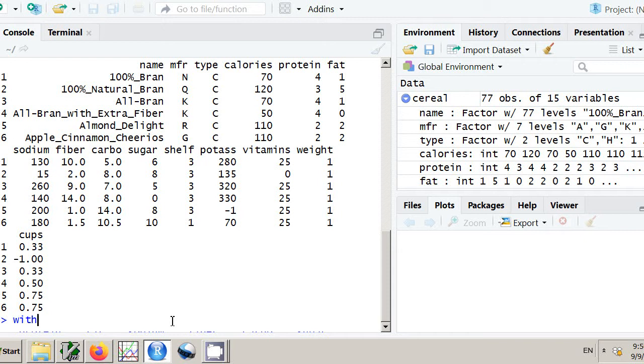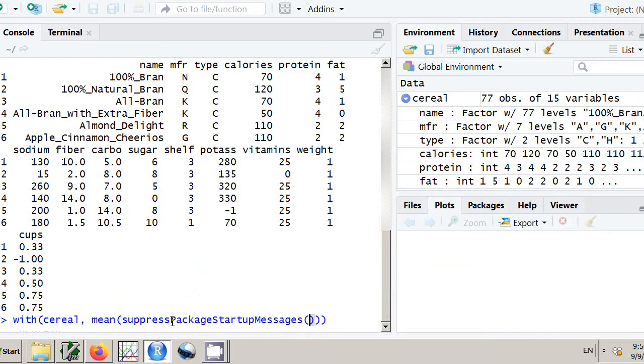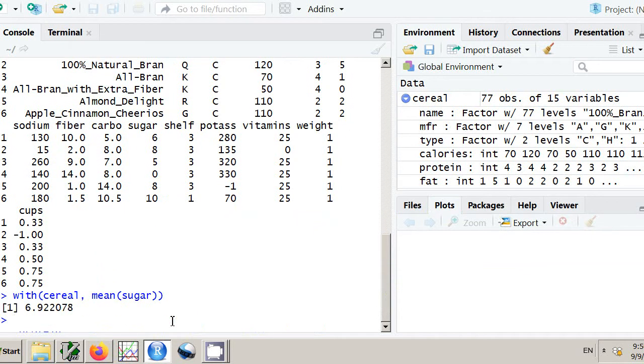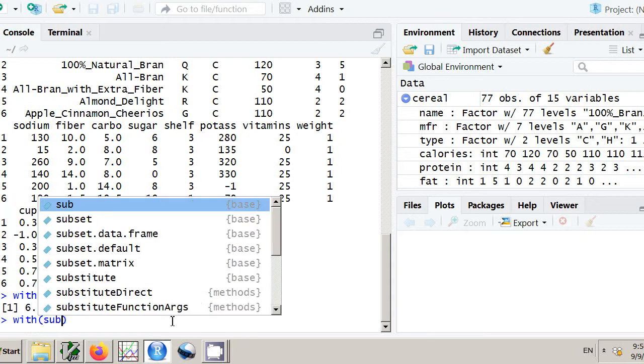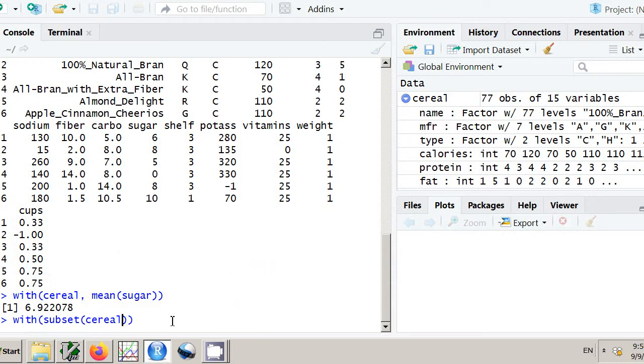Well, no problem. We can find, for instance, with the cereal, the mean sugar. We press enter. We get a mean value. Or we can say with a subset of the cereal, suppose I wanted the type that's only cold, and this time I want to do